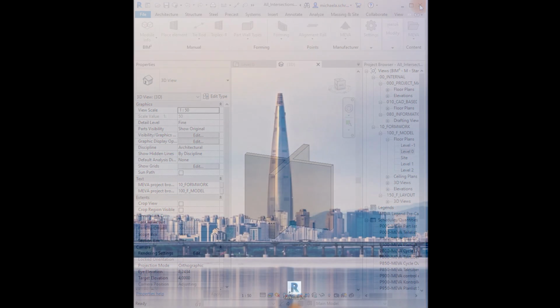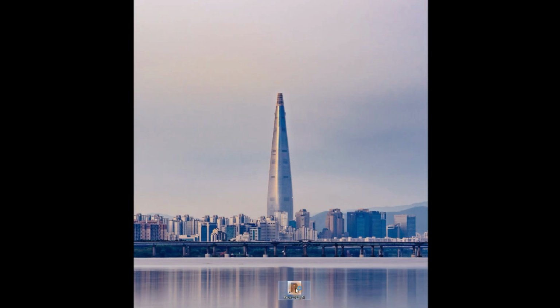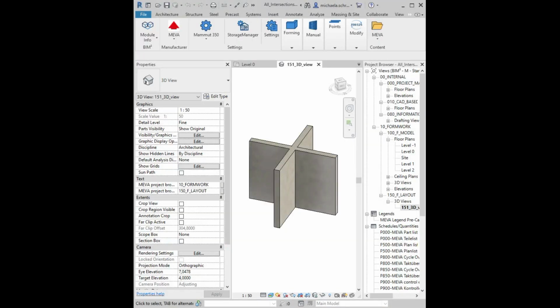Unfortunately, these changes cannot be saved. Once you've created your custom command arrangement, Revit must stay open. If you close it and open it again, the commands are back in the default order.